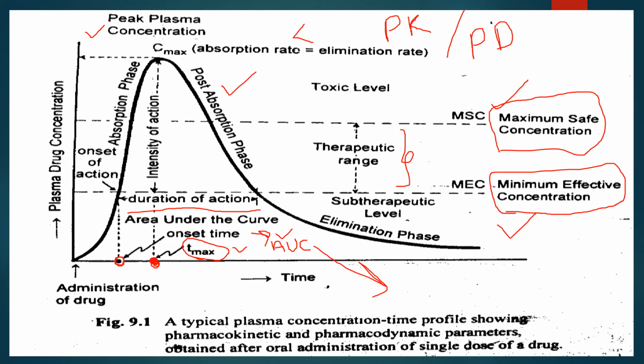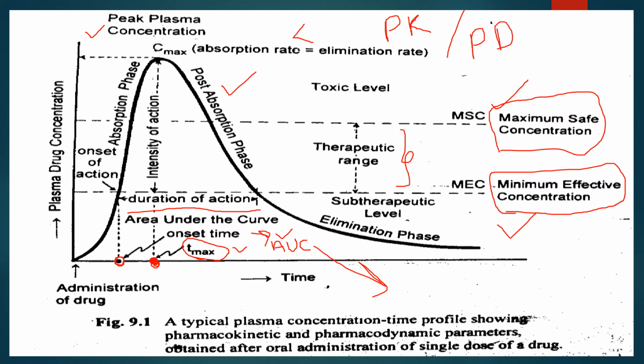So what is the MEC? It is a very easy definition and very easy to understand. Minimum effective concentration is widely applicable among the pharmacodynamic parameters in biopharmaceutics and to study bioavailability. It is defined as the minimum concentration of drug in plasma required to produce the therapeutic effect. At this minimum concentration the therapeutic effect will be shown. It is called the MEC, minimum effective concentration.